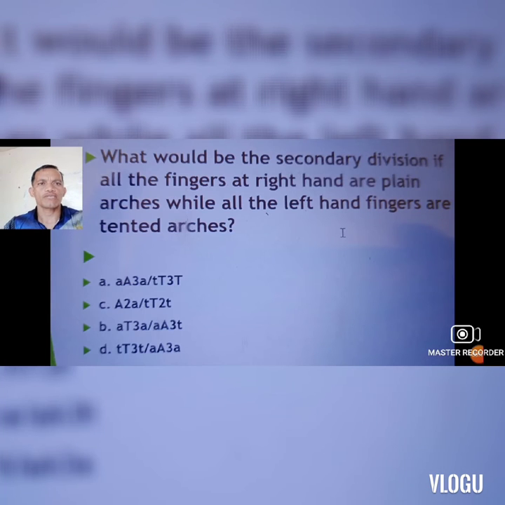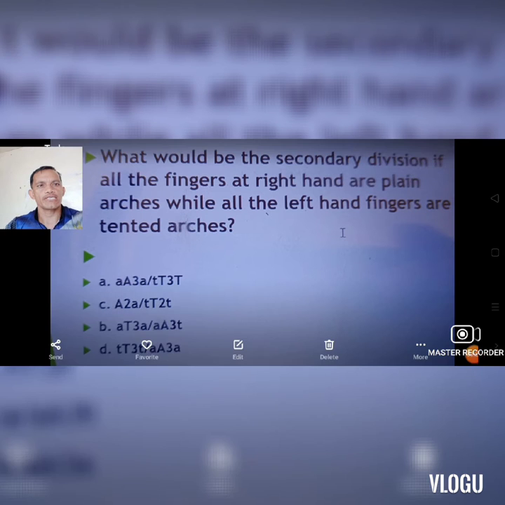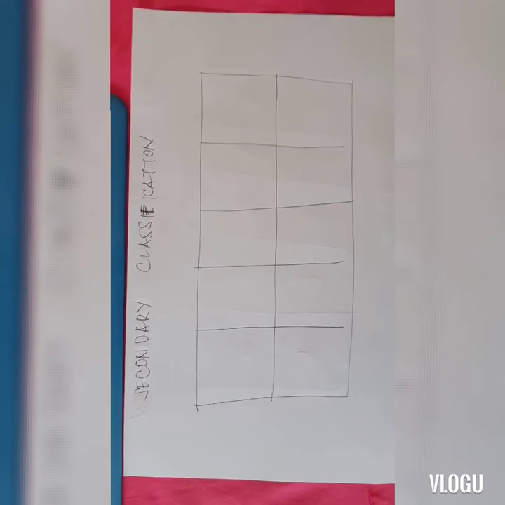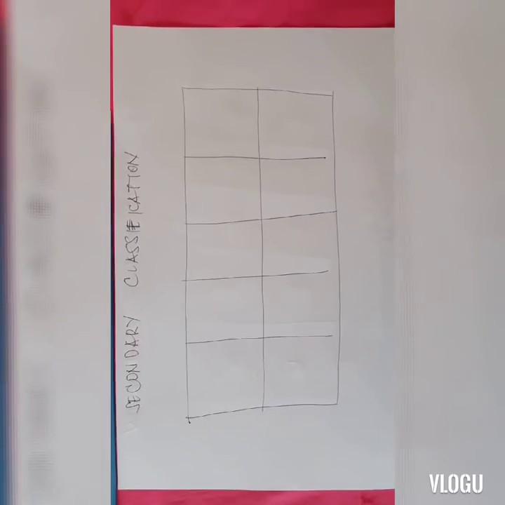This is not my question. I found only this question in this reviewer for criminology board examination, but I would like to explain this. Okay, now I will show you how to get the correct answer of that kind of question about asking about